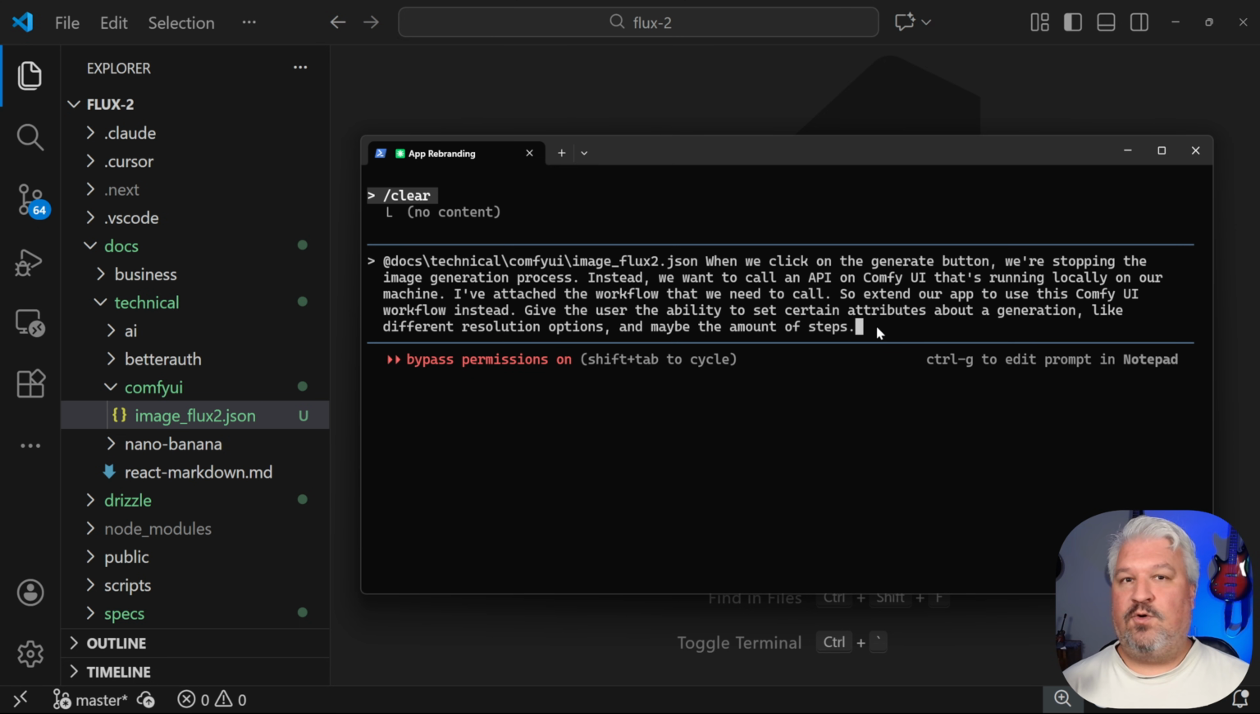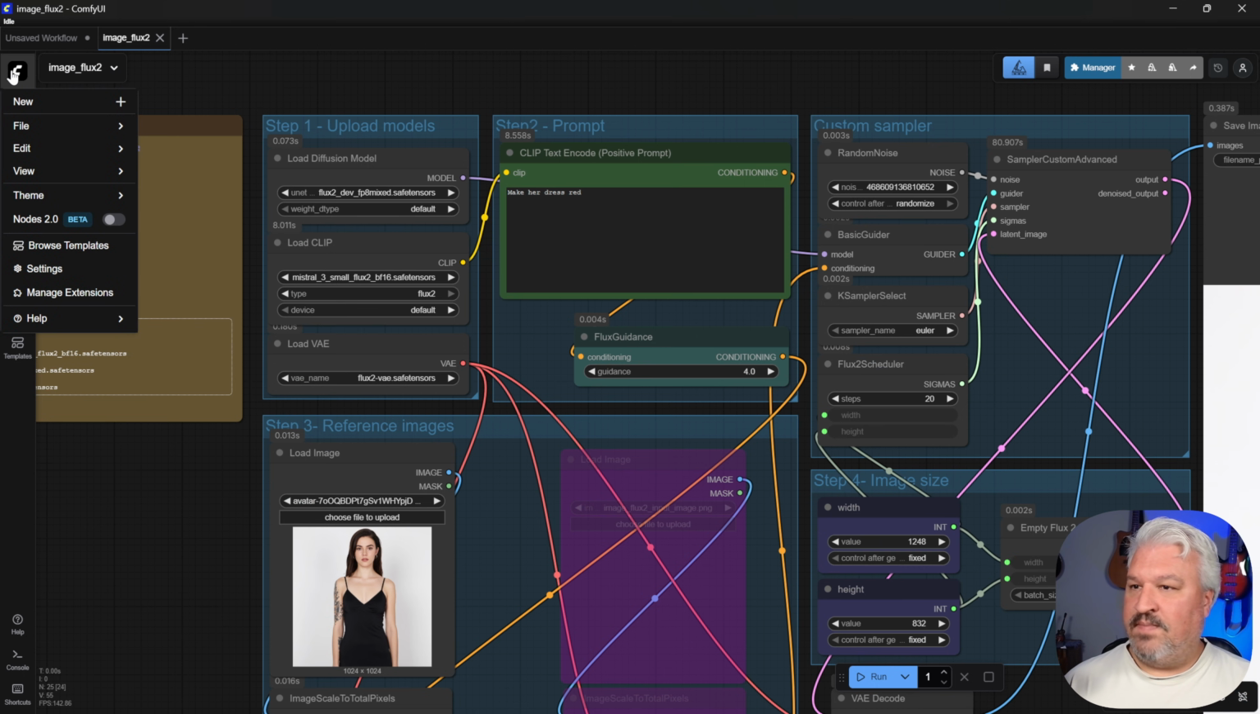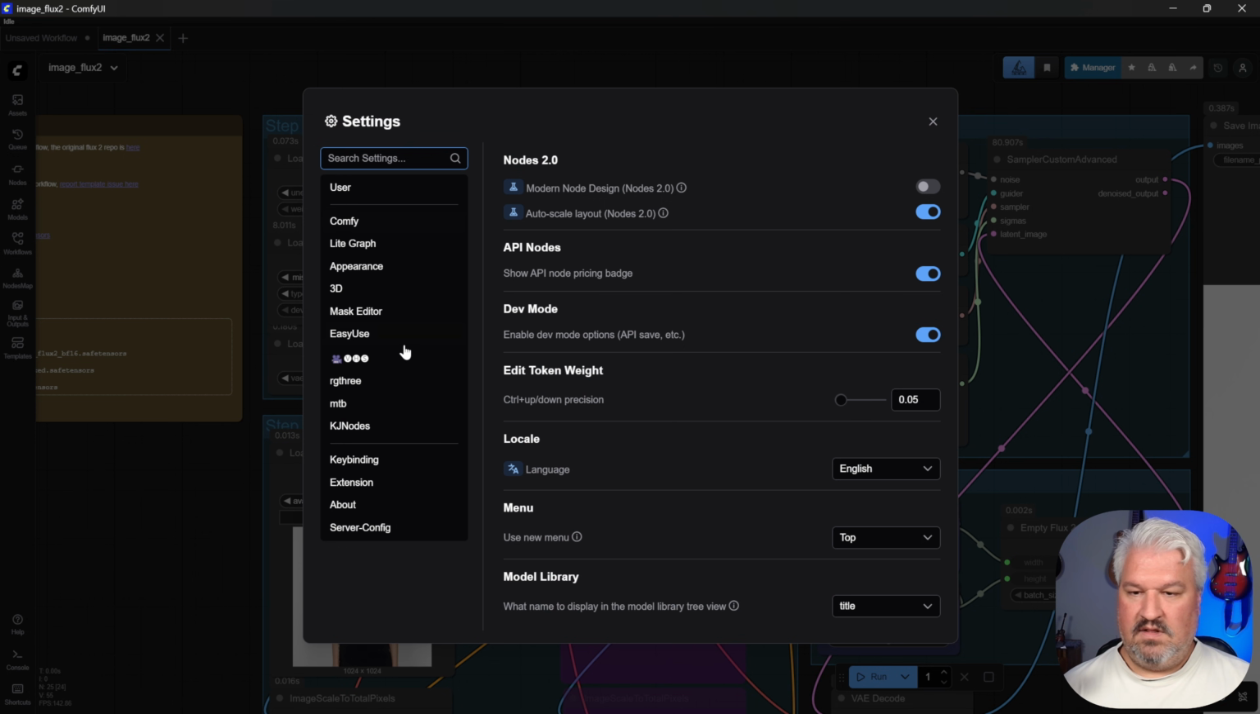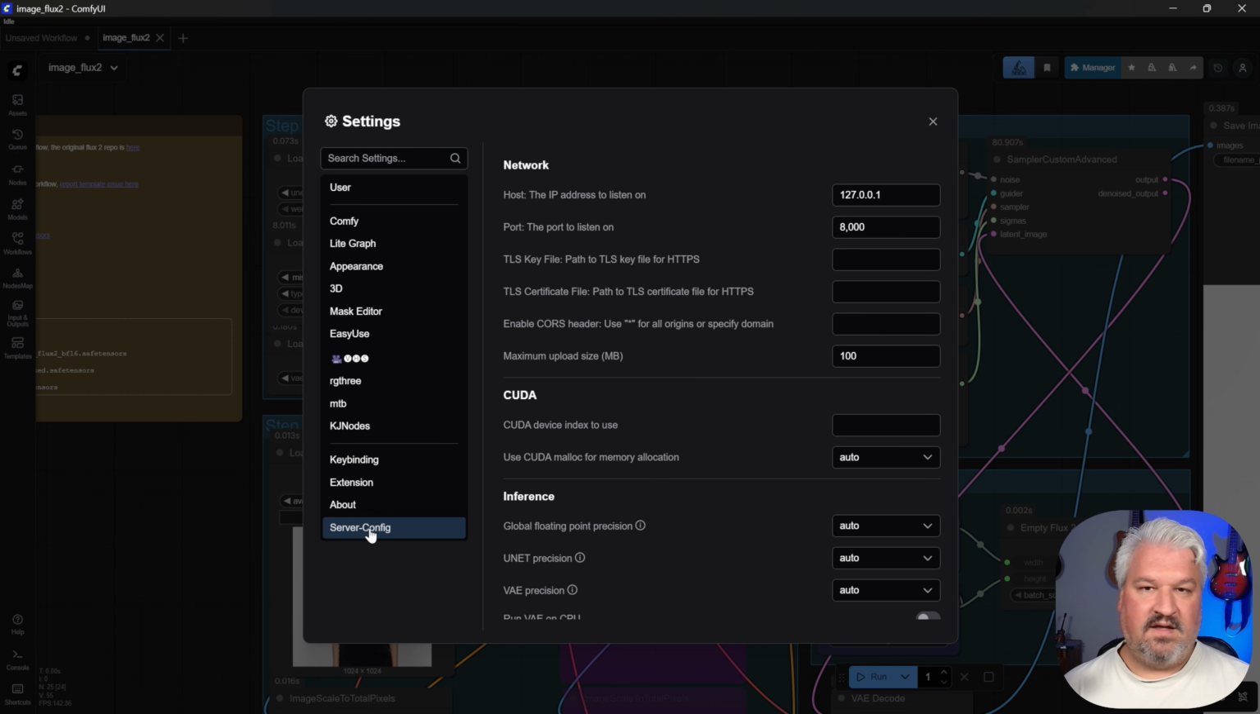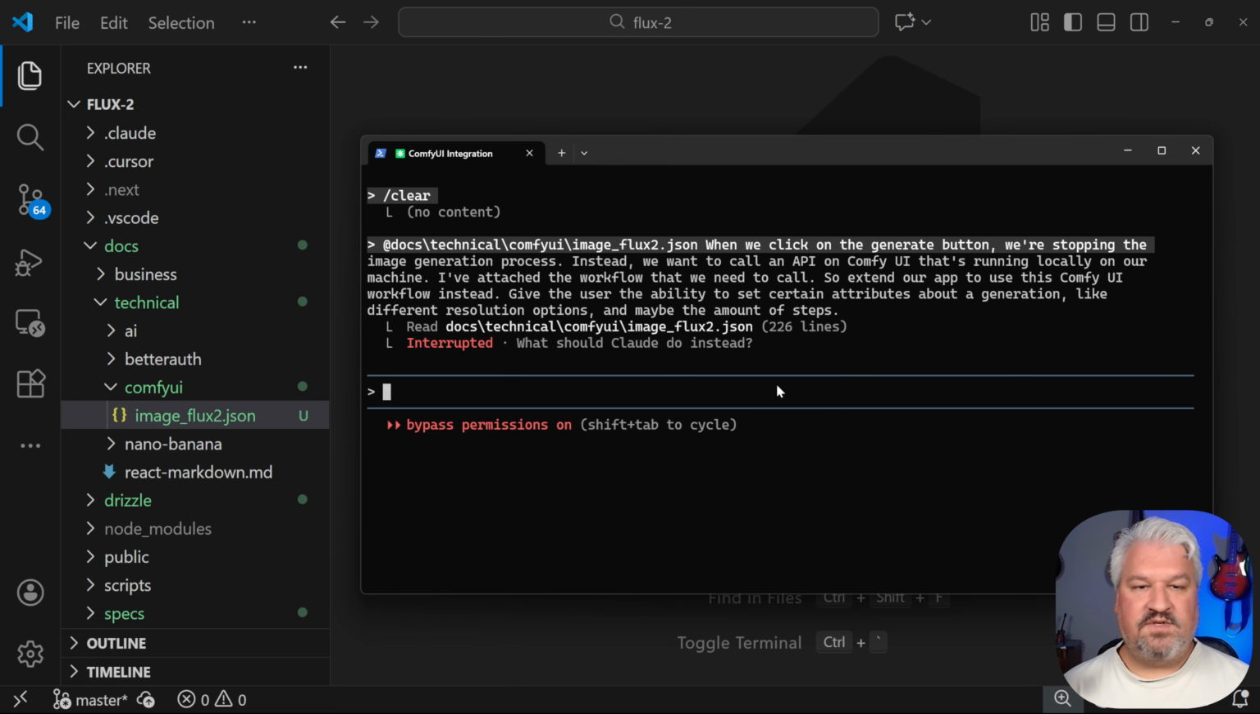Now this is really important. We need to tell Claude Code where this ComfyUI server is currently running. So we can actually go back to ComfyUI, let's go to Settings, then let's go to Server Config, and here you will find both the host and the port number. So I'm going to copy the host, and I'm just going to add this to the prompt. ComfyUI is running on host this, and port, let's just copy this port number, without the comma by the way,